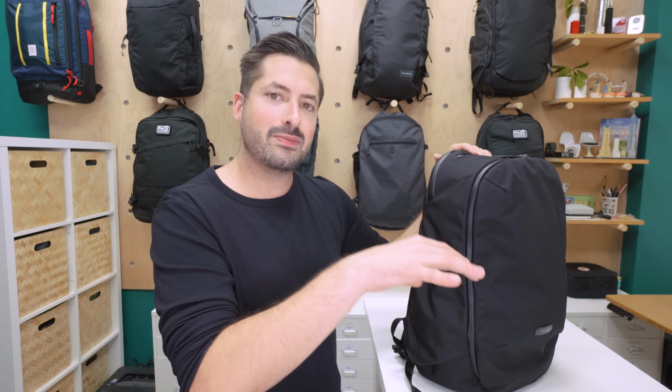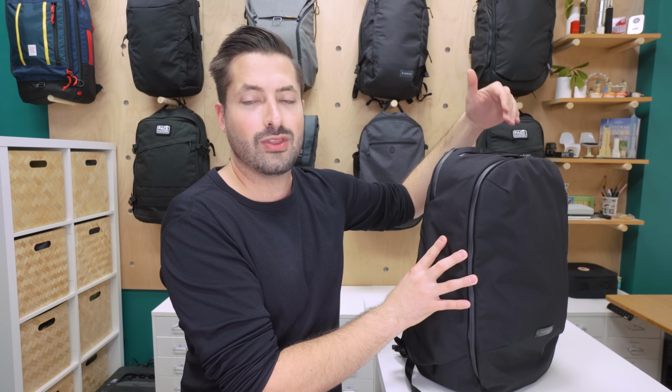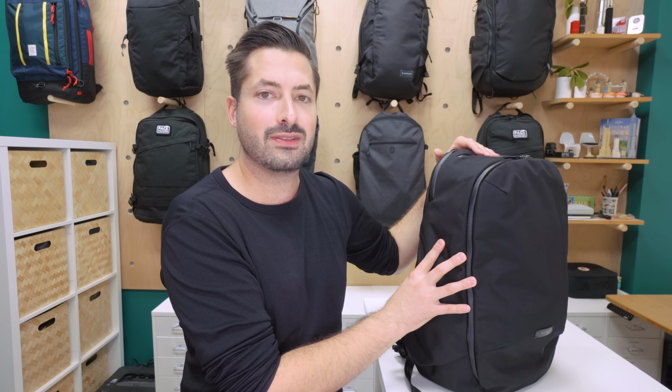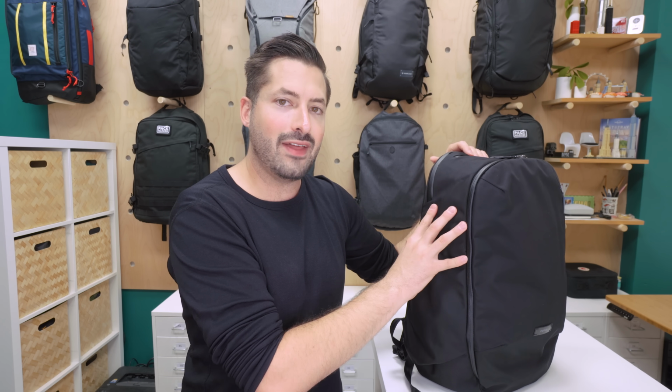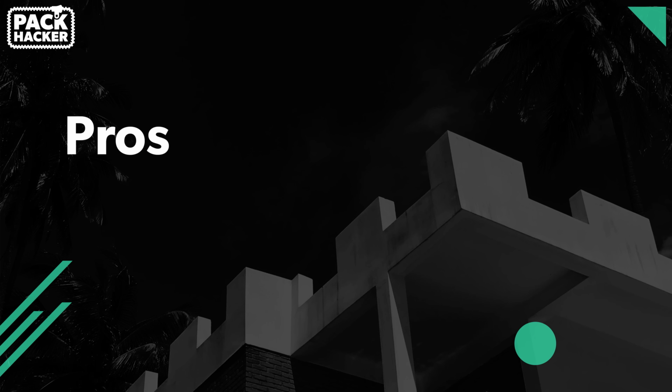So on some other bags, we've found that they kind of have these really big pockets, and when you utilize those, you can't really utilize the main liter capacity of the pack. Not the case with the Bellroy Transit Backpack. Everything is pretty streamlined. So to wrap this thing up with some pros and cons, starting with the pros,